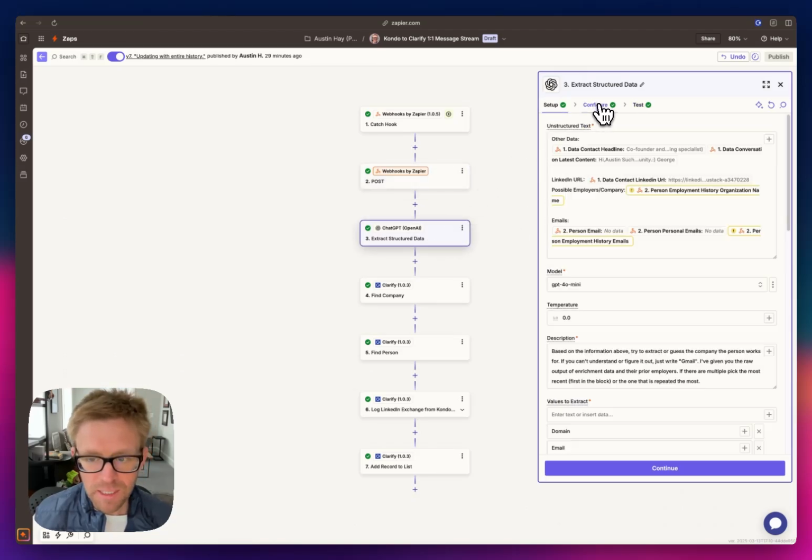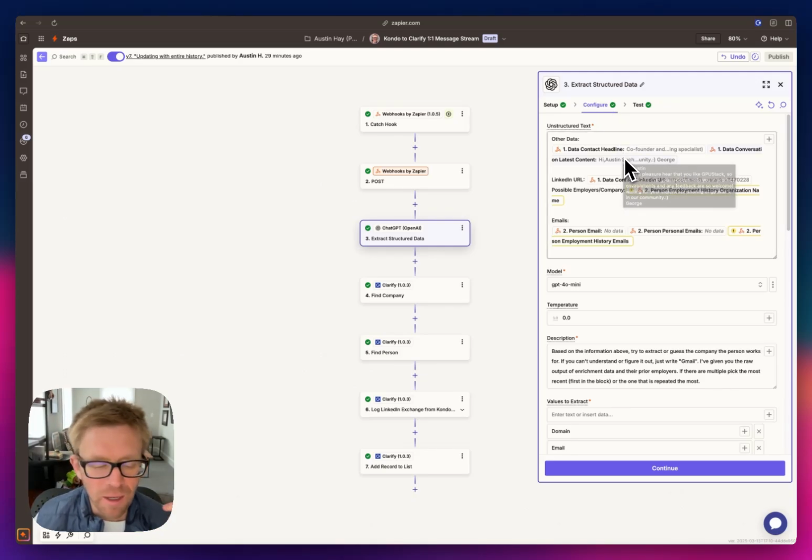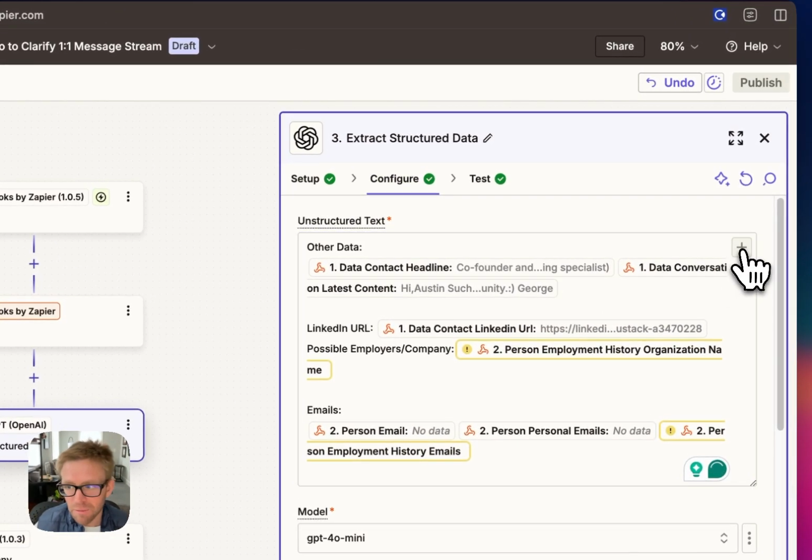And then what I do is I actually set up a GPT step. I use GPT steps all the time to take kind of a gobbledygook of data and structure it. In this case, I'm giving it other data. I'm giving it LinkedIn data. I'm giving it email, kind of everything that's relevant from the LinkedIn message, because they may have entered their email in the LinkedIn message. They may have, and actually I'm going to go ahead and I saw a little error